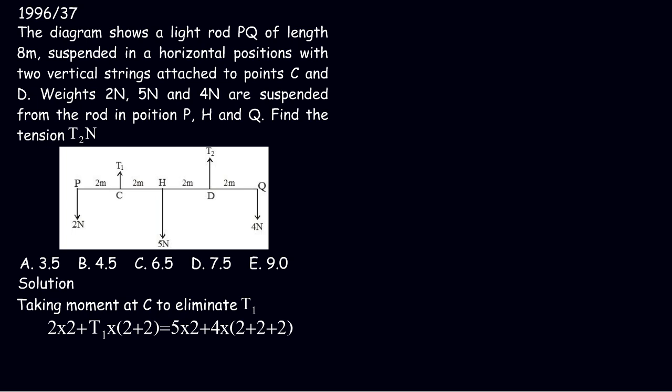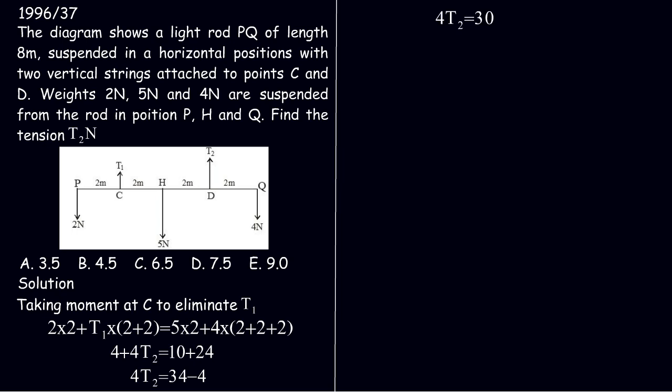Opening our bracket and simplifying, it becomes 4 plus 4 T2 equals 10 plus 24, which makes 4 T2 equal to 34 minus 4, and 4 T2 will be equal to 30. Dividing both sides by 4, T2 will be equal to 30 divided by 4, which will be equal to